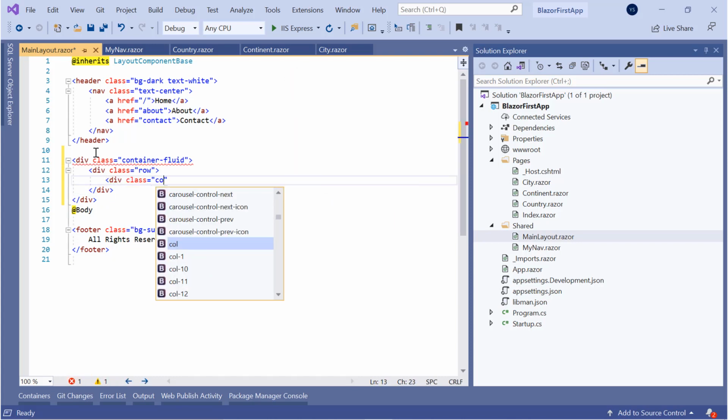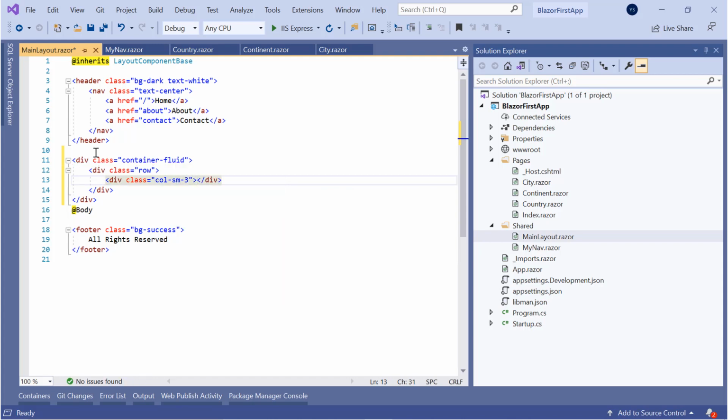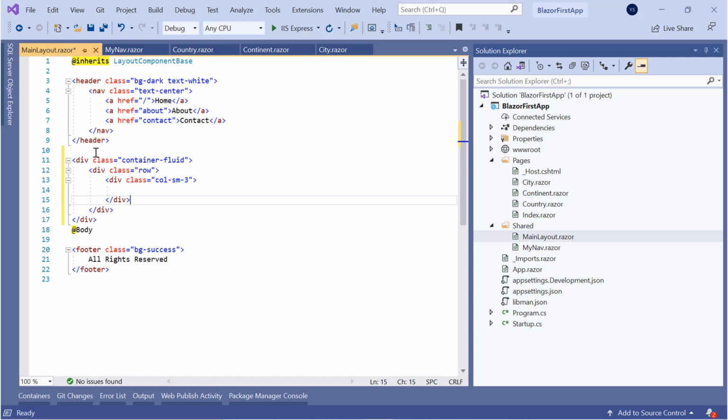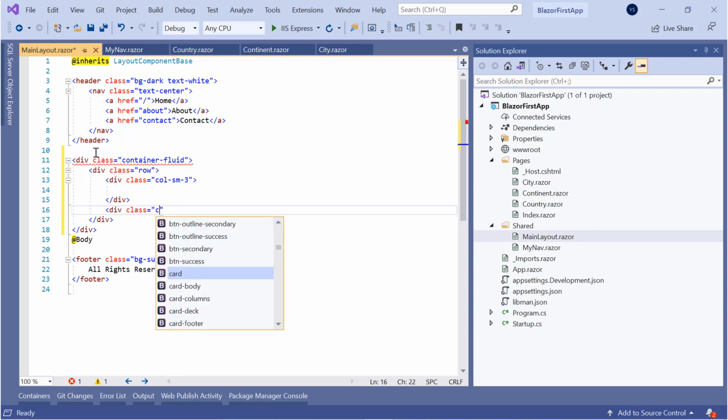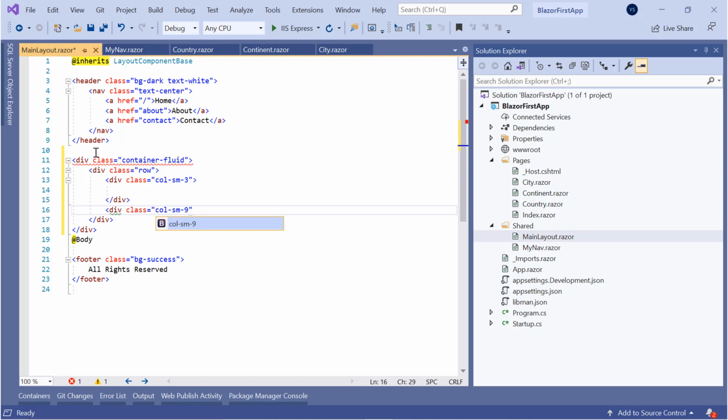First column will be called col-sm-3. So this is the smaller column, the left one, and the other column will be the bigger column, col-sm-9. 9 plus 3 equal to 12.